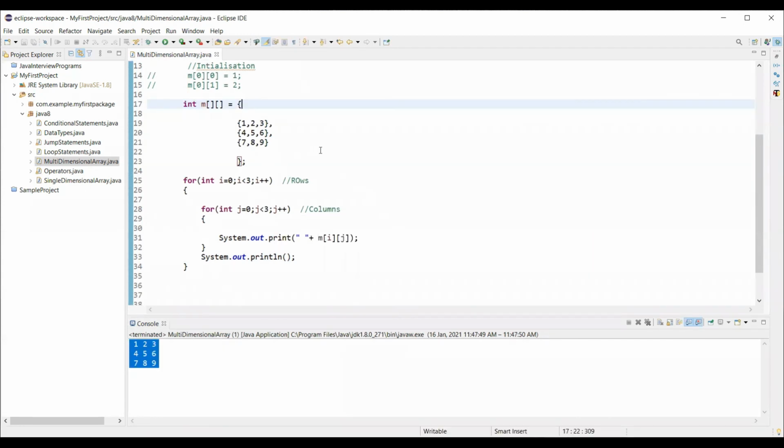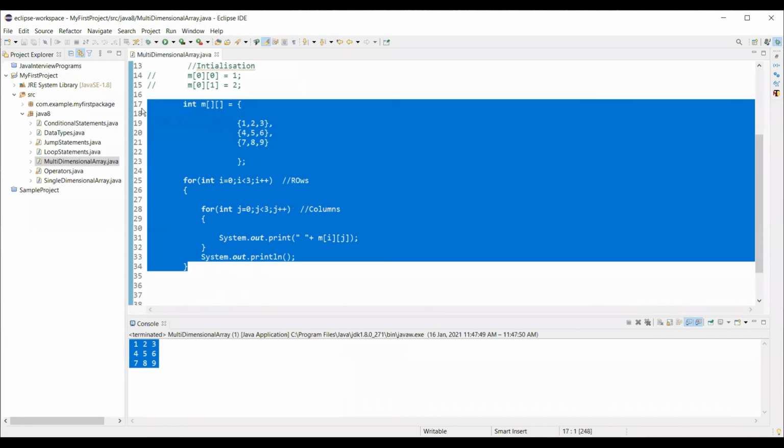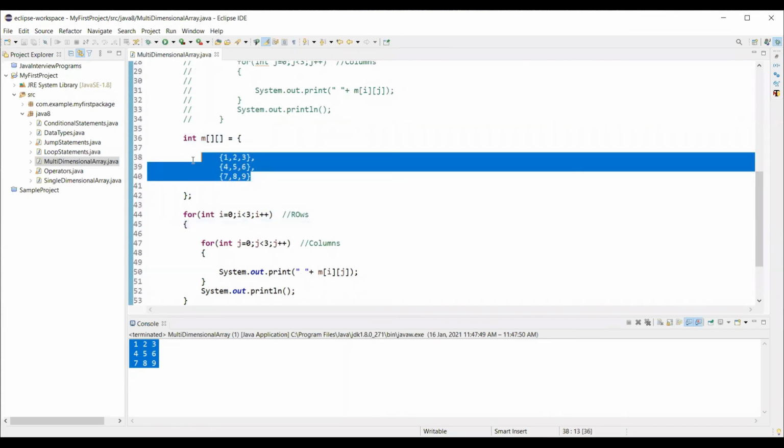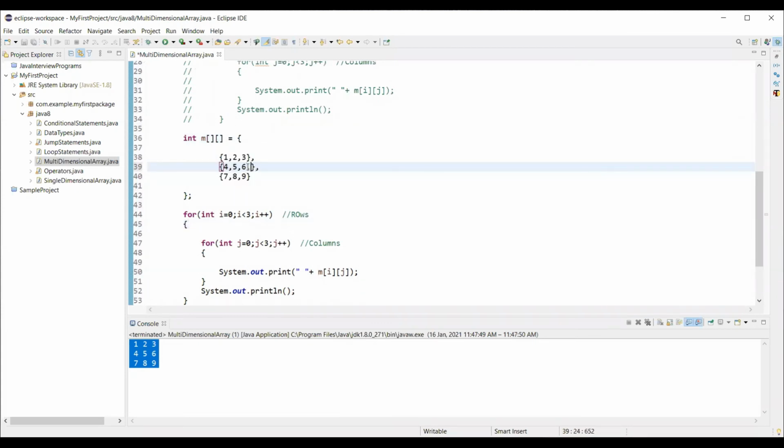This is all about having a two-dimensional array with 3 rows and 3 columns, right? Or having an equal number of rows and columns. So let me take a copy of it, comment this out, and, for example, if I have 3 arrays, right? What if I have an unequal number of elements in the arrays?